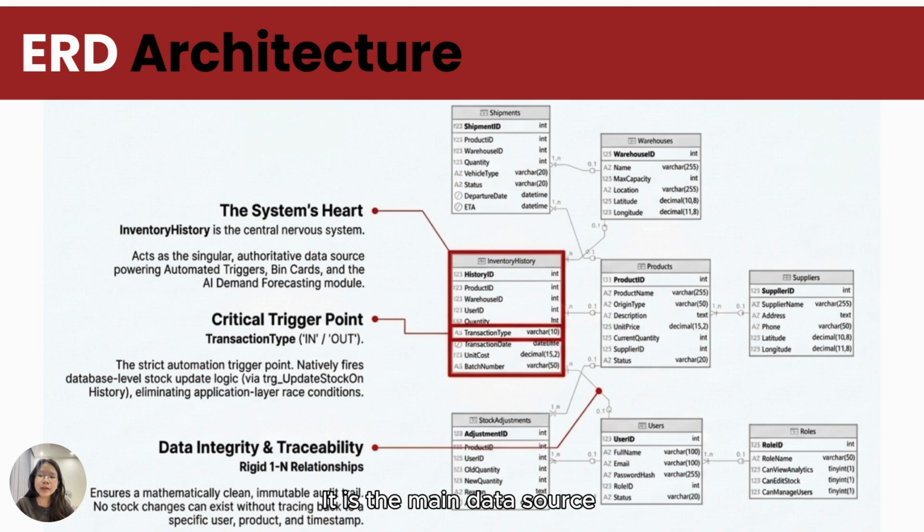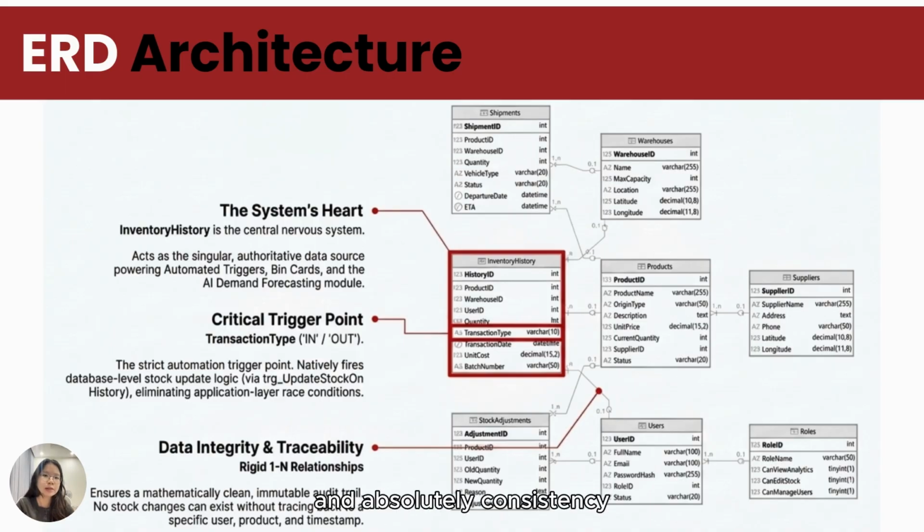It is the main data source powering our automated trigger, bin cards, and AI forecasting. Specifically, please notice the transaction type column, which only takes in or out values. This is our main trigger point. The moment a transaction hits this column, it runs the automated stock update logic, ensuring a clean audit trail and